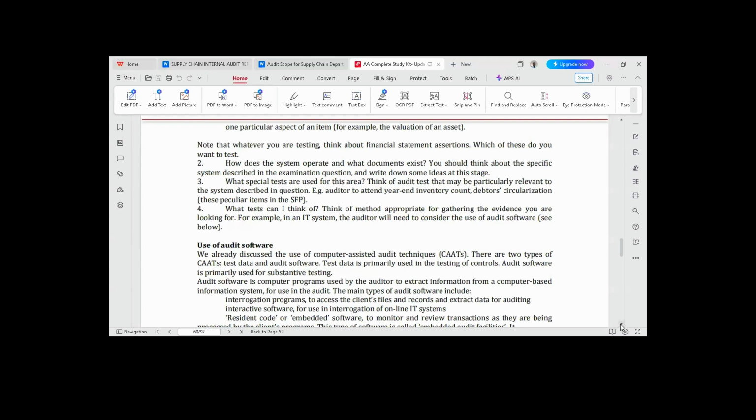What are computer-assisted audit techniques? Computer-assisted audit techniques are computer programs that are used by the auditor